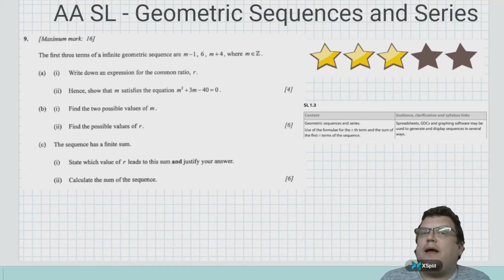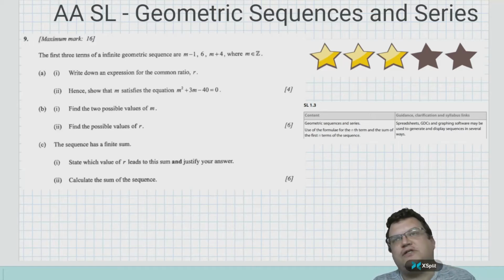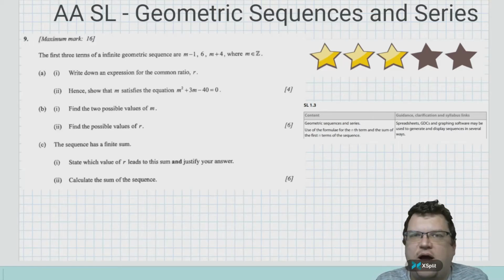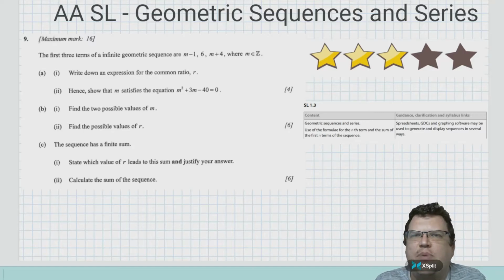Today's question is all about geometric sequence and series, and it's taken from, as you can see, part 1.3 of the syllabus. Nothing too tricky here if you really know your sequences and series, but there's some parts about definitions and so on. This is one of the longer questions. You've got 16 marks here. Should take us about 15 minutes if we're thinking on exam day, but it is perhaps a relatively easy extended